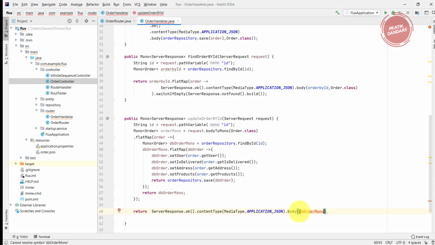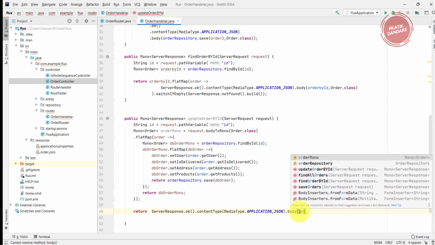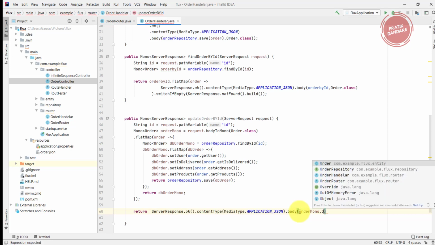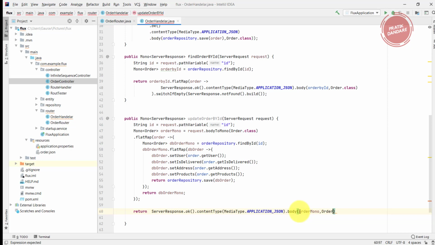Sorry, copy paste sucks. OrderMono, and it's Order.class. At last I need to write switchIfEmpty. What if we don't find anything? It's again ServerResponse.notFound().build.